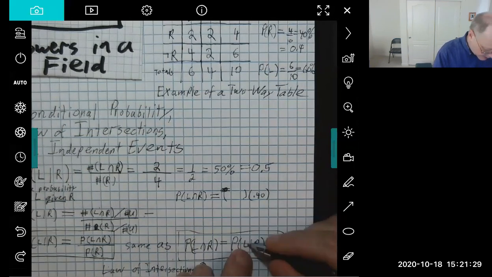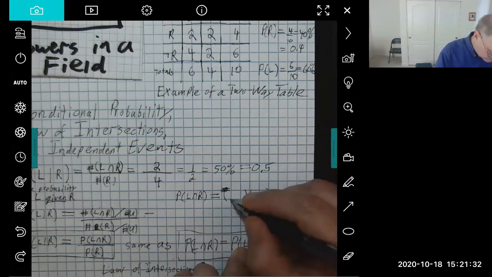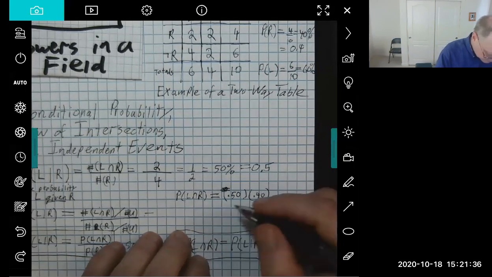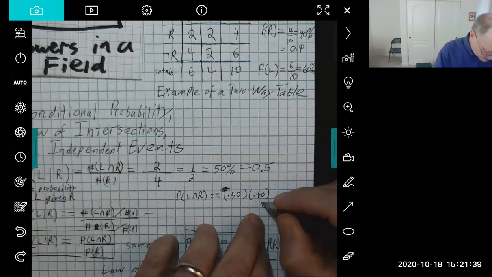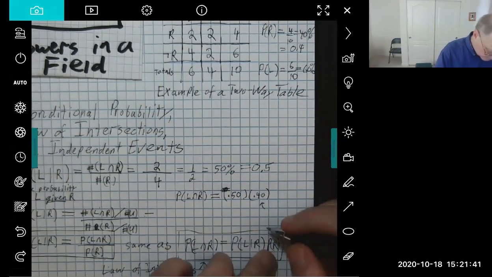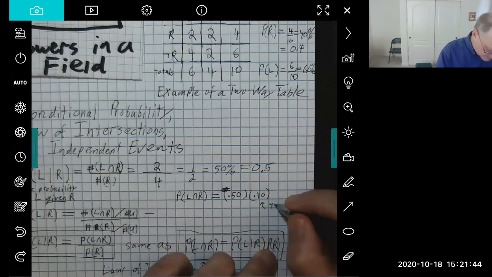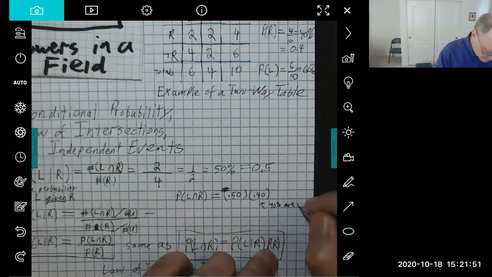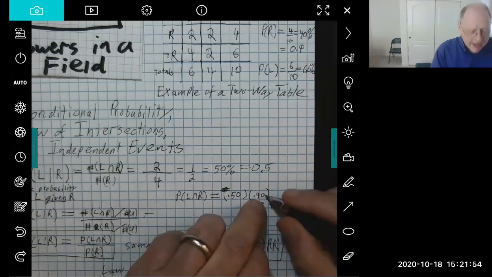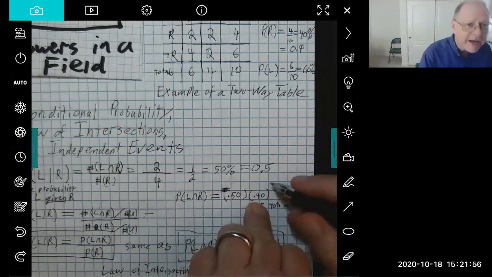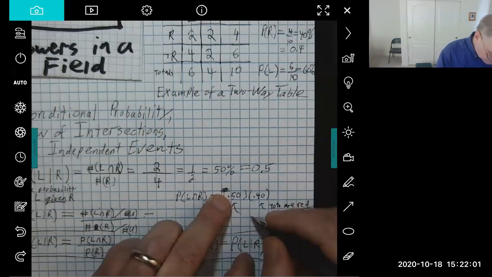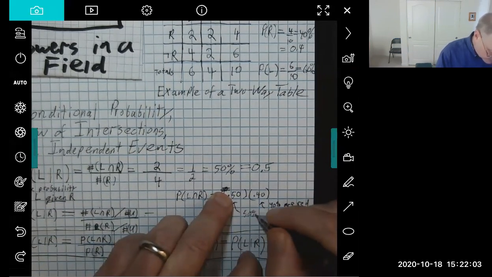And P of L given R, that was 50%. So what's the 40%? P of R. Saying 40% of the time you get a red flower, and then when you've got a red flower, 50% of the red ones